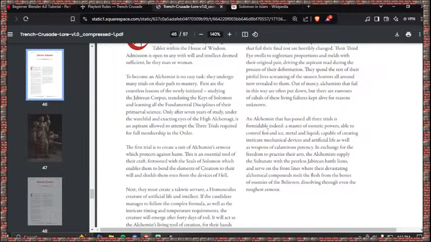All three trials passed, a formidable master of esoteric power, able to control fire and ice, metal and liquid, capable of creating intricate mechanical devices and artificial life, as well as weapons of calamitous potential. In exchange for the freedom to practice their arts, the alchemists supply the Sultanate with peerless Jabirian battle lions and serve on the front lines, creating alchemical compounds that melt the flesh from the bones of enemies, and